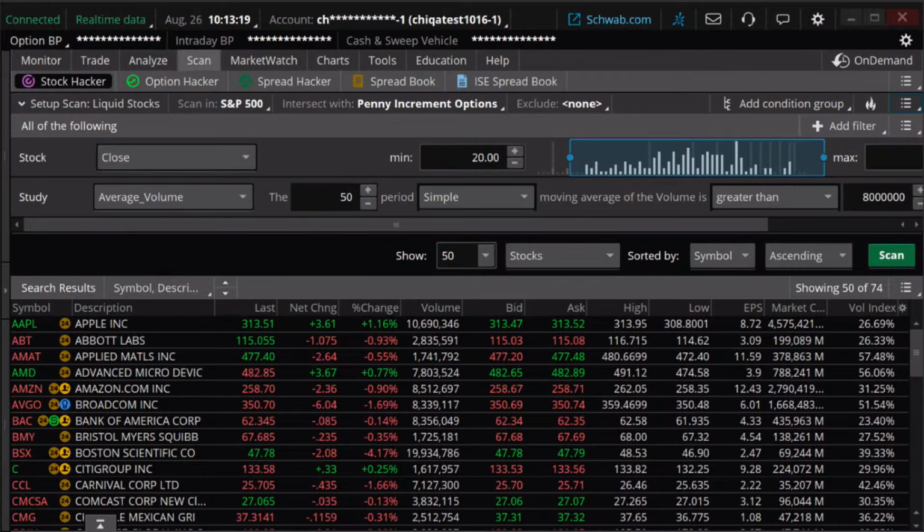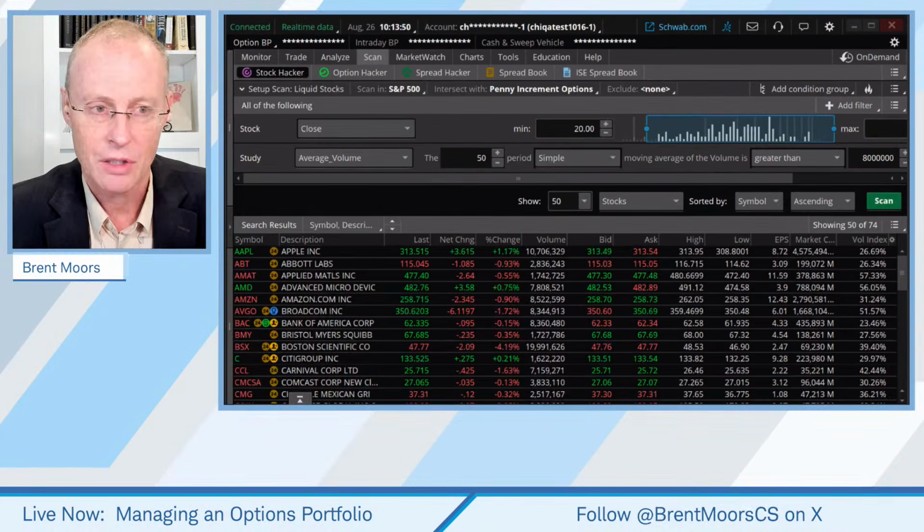I'm going to put this in the chat. And again, these scans aren't guaranteed for accuracy or timing. No guarantees here, but I think if you look at them, they work pretty well for what their purported purpose is, to try and narrow down that universe of stocks to the more liquid ones. Again, we're going to want to check the individual options there. I put that in the chat. If you're watching on a recording, it's in the description of the webcast as well.